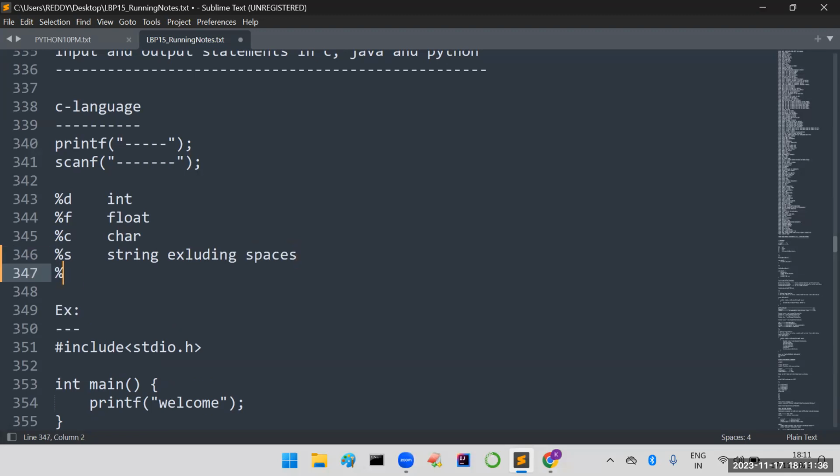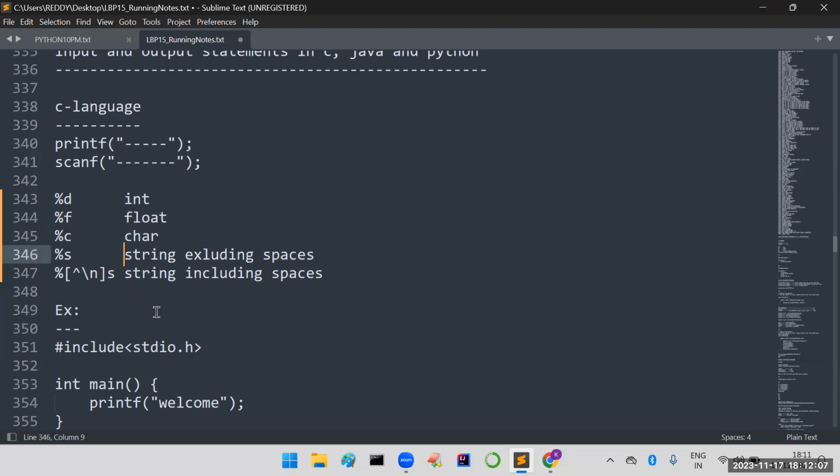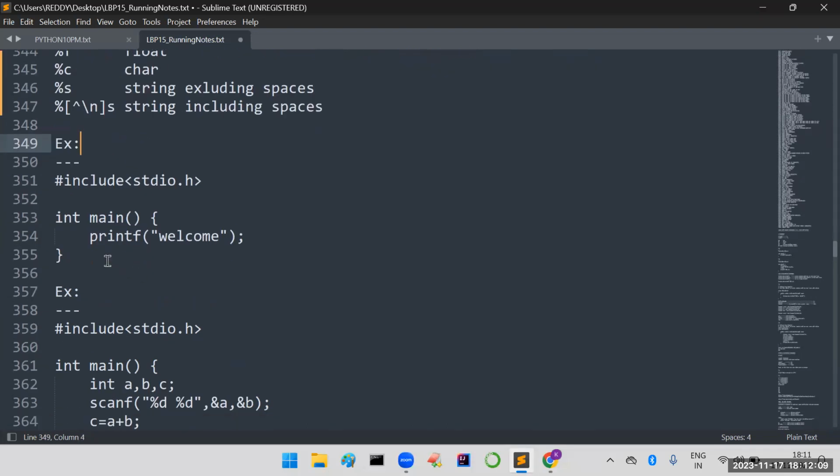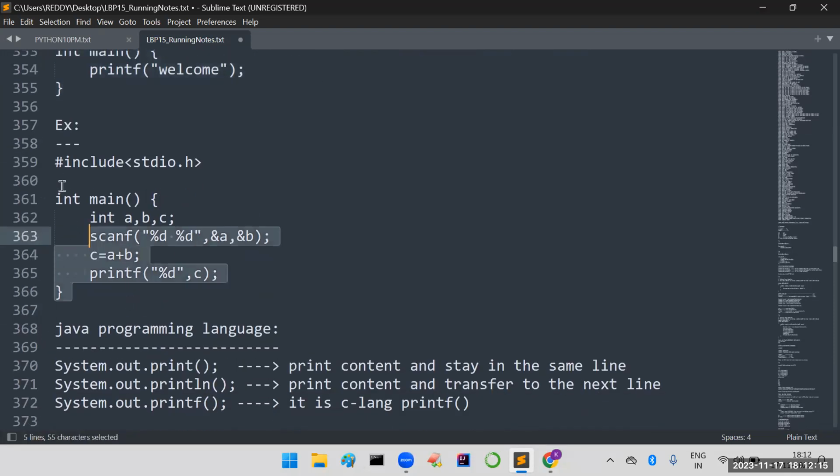If you want to read the string including spaces, yesterday we covered a program for that. So percentage caret of \n, that means until getting new line character we have to read the data. That is the meaning of that statement. The people who are coming from regular expressions concept, you can understand very clearly about this. It is used to read string data including spaces. These are nothing but what are the various techniques that we have called as format specifiers. So based on this, we covered one program, how to use a print statement and how to use a scanf